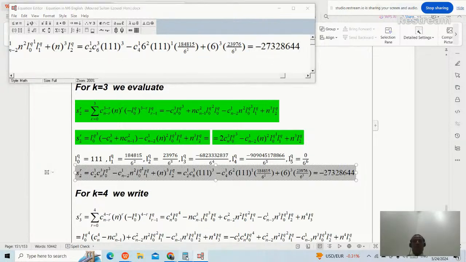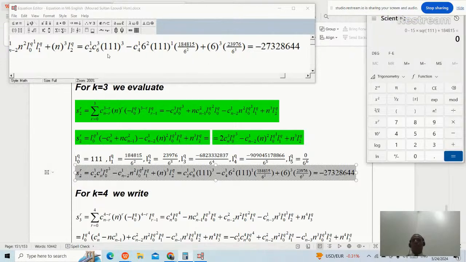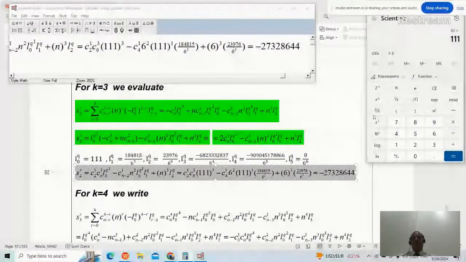I will use my own calculator. So the first term is combination 2 choose 1, which means 2, times combination 6 choose 3, which means 20. 2 times 20 is 40. We just write 40 times 111 raised to the power 3, minus, learners, combination 4 choose 1, which means 4. So minus 4